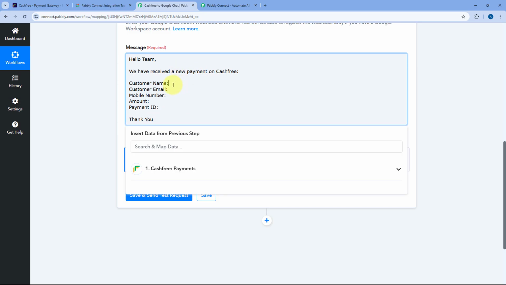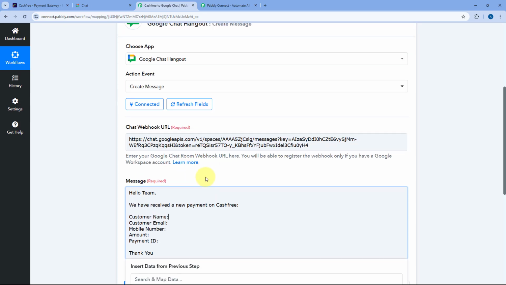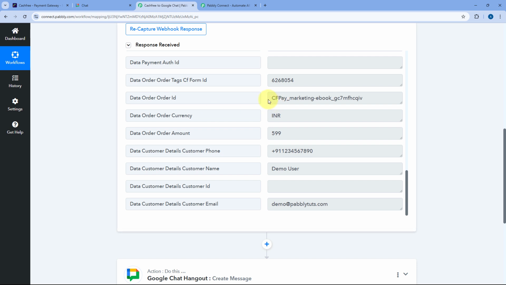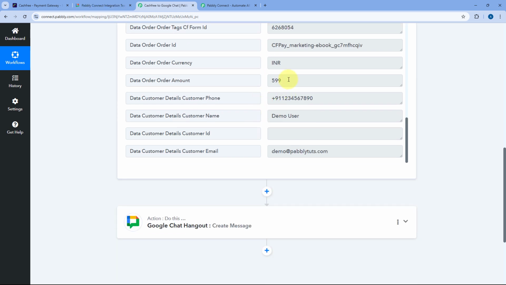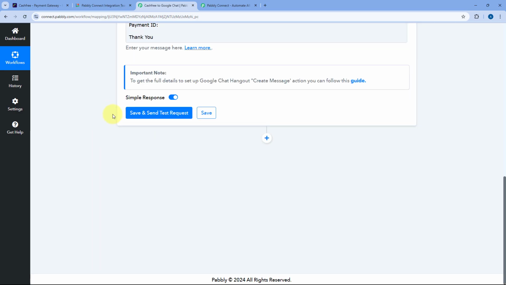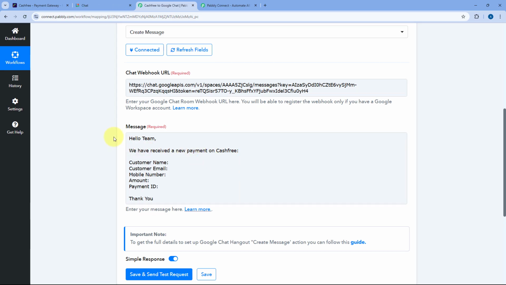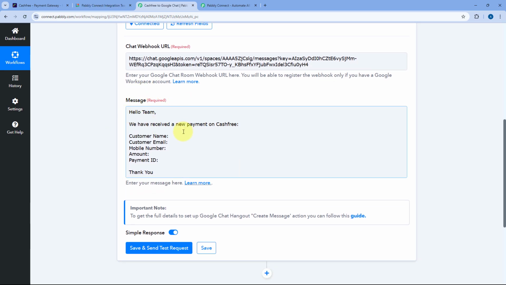Now here in this message, we have to basically add the details or the responses of a new payment which we have received from Cashfree in the trigger step. So one by one, from the trigger step responses, we have to send the data like the customer name, mobile number, email, and amount. We have to send all of these details and map them over here into this Google Chat action step in the message field. Now to do this, we'll just click on this field of message,